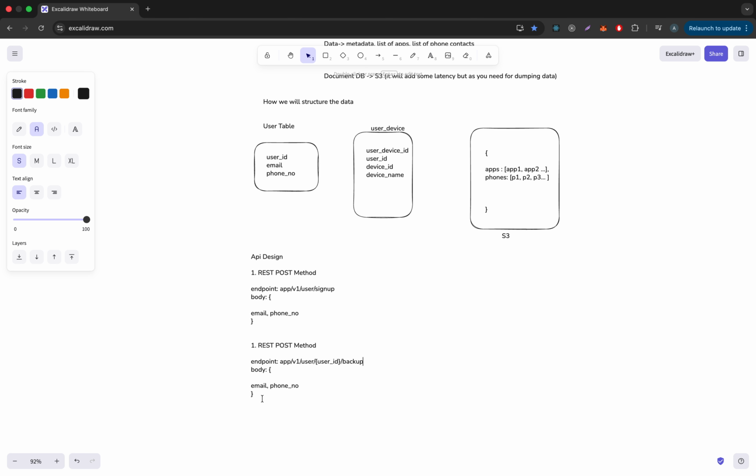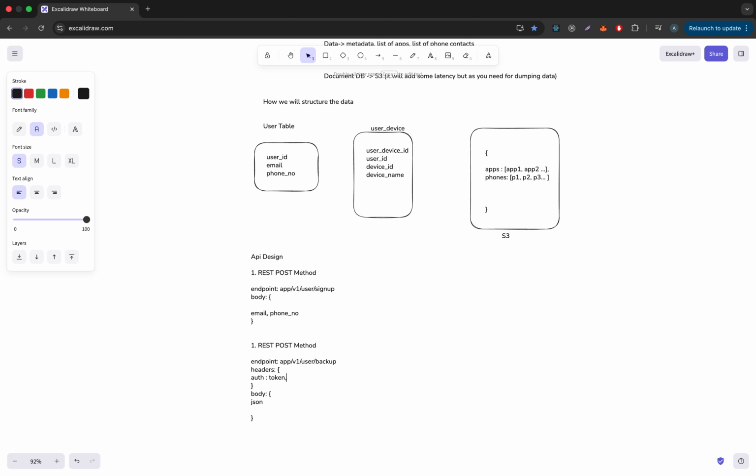So what you will pass in the headers, you can pass a token, right? From there we can extract the user also, so no need for a user id. And we have a backup, right? So in the body we can simply pass the JSON format that you want to do,